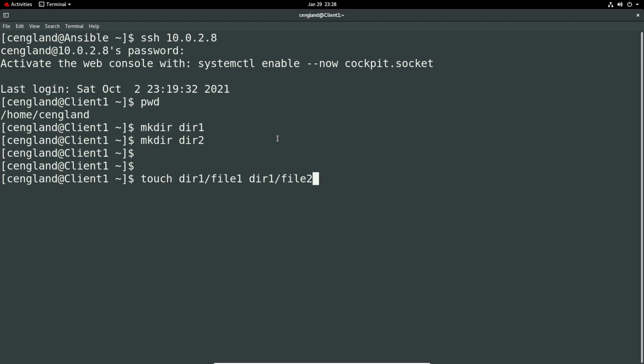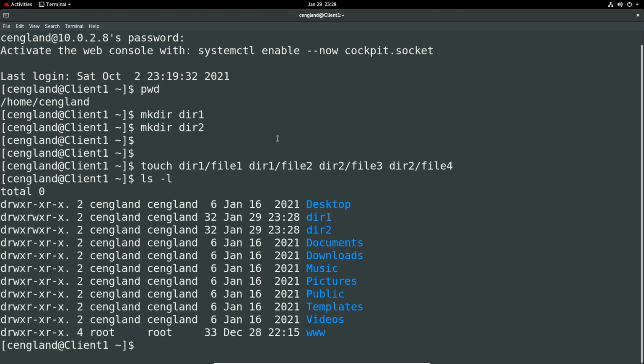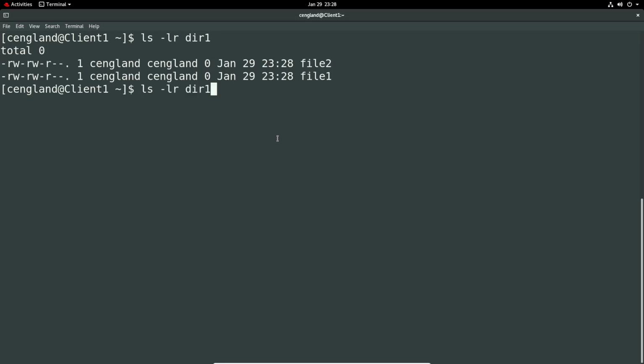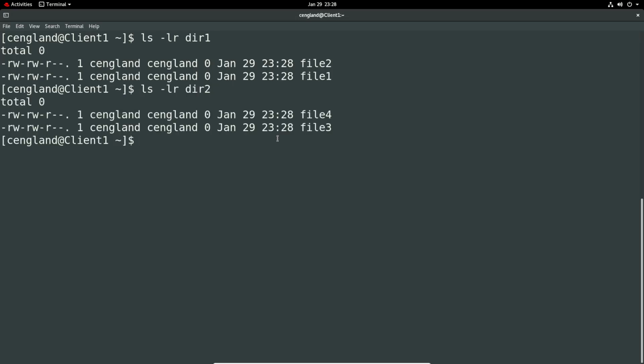Let's do some files. Just call it file 3 and in dir2 file 4. Okay, so I've got two dirs. Let's do ls -lR on dir1 and dir2. Okay, so we've got just those directories. Awesome. So let's exit out of here